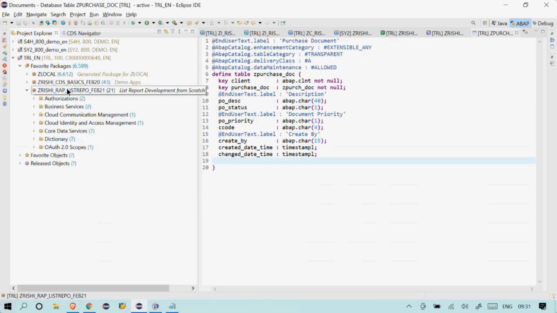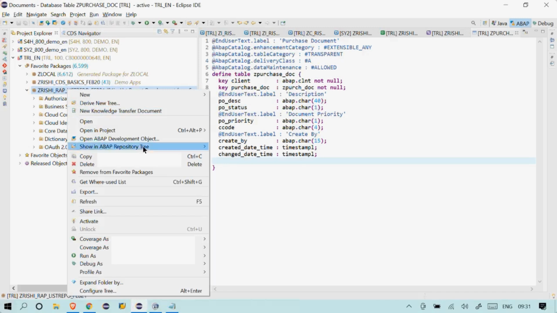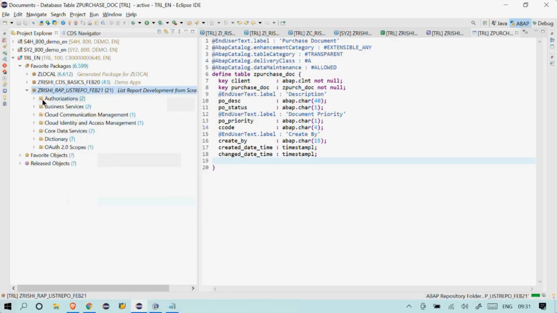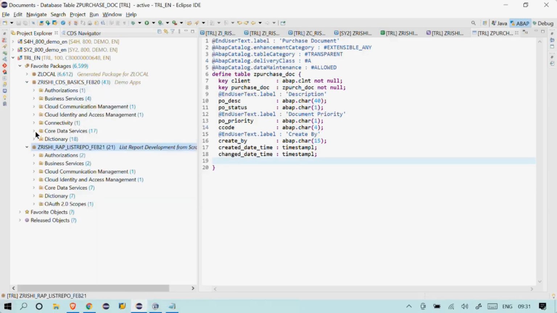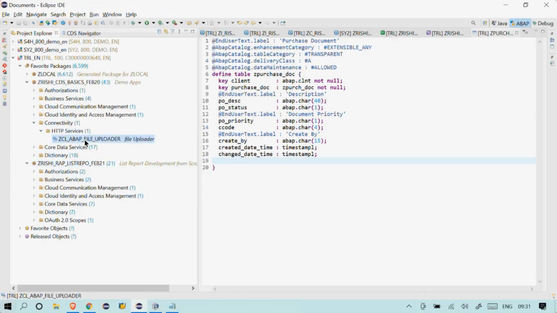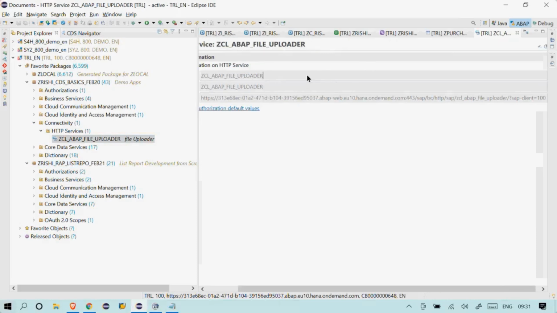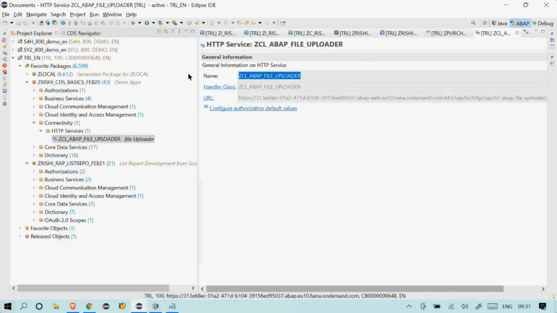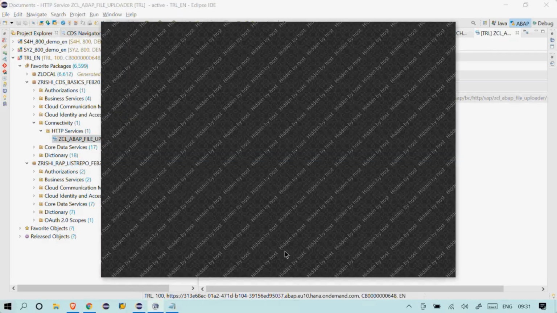So that service is, let me refresh. Yeah, you can search for this service, GCL ABAP file uploader. Let me ping in the chat if anyone wants.